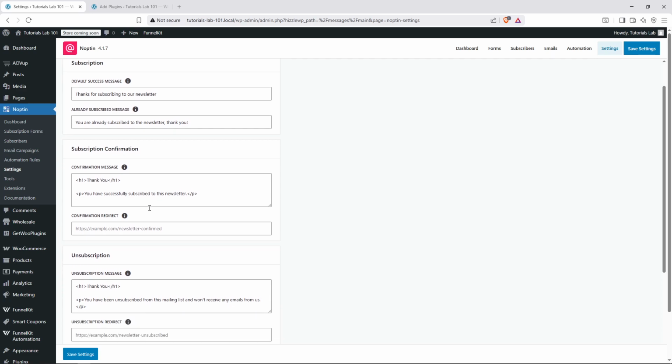You'll see a subscription confirmation section, and this is exactly where we can add your coupon code to reward successful subscriptions. Simply add in your unique WooCommerce coupon code to this field. This ensures that every new subscriber automatically receives the code in their confirmation email, creating an instant incentive for them